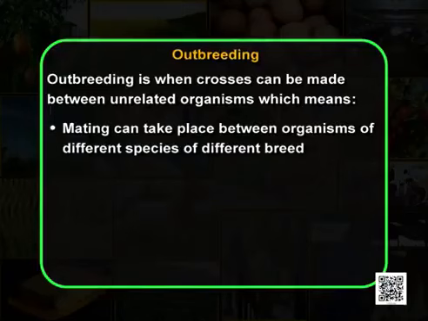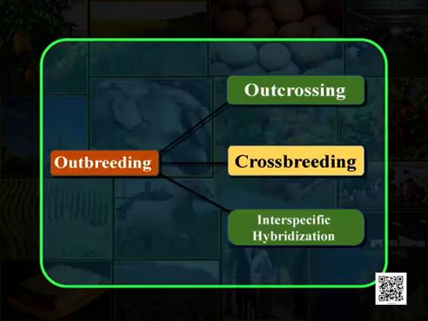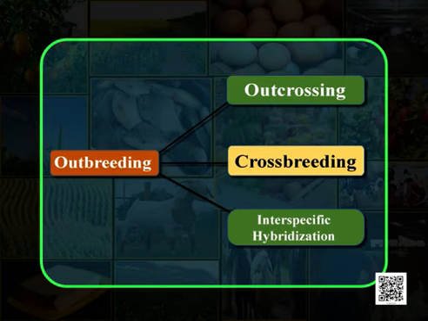Now, let us understand what is outbreeding. Outbreeding is when a cross can be made between unrelated organisms, which means mating can take place between organisms of different species or different breeds, or mating can take place between organisms of the same breed but not related through blood, that is, they do not have common ancestors for 4 to 6 generations. Outbreeding can either be outcrossing,